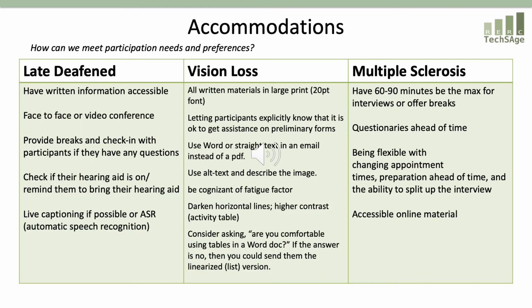One of our questions for our subject matter experts was about accommodations and how we can meet participation needs and preferences for each of these individual groups. Some suggestions for accommodations included providing written information, video or face-to-face conversations, and technology assistance, like automatic speech recognition, for